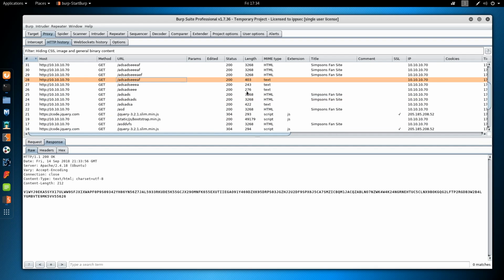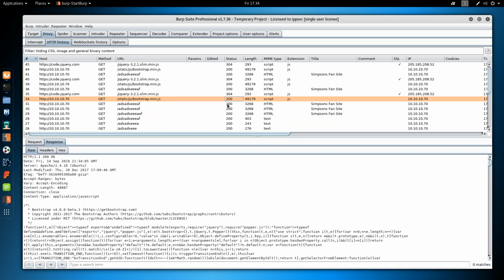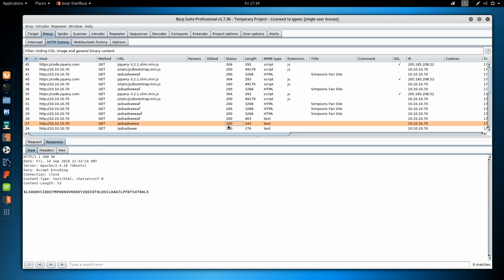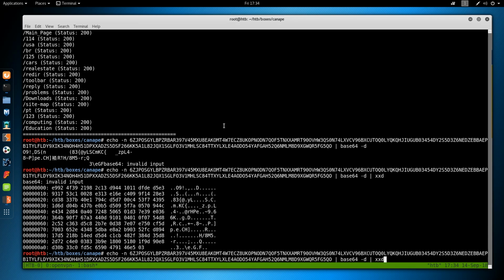Response. So it is sending a 200 there of a length of 403. Maybe that's a troll, I don't know. But the key thing to note is everything is sending 200 responses, which is throwing GoBuster off. So when that happens, I do